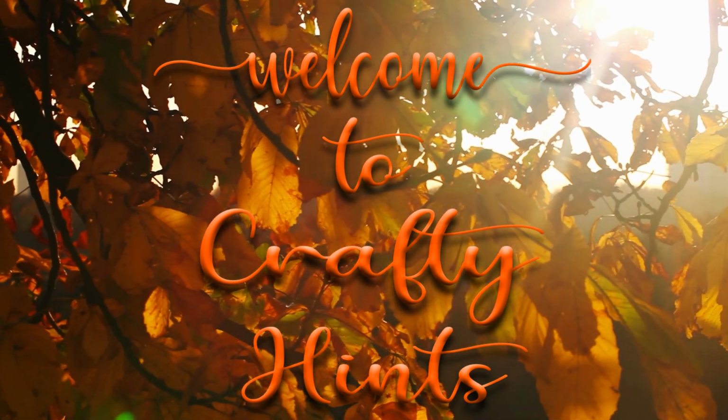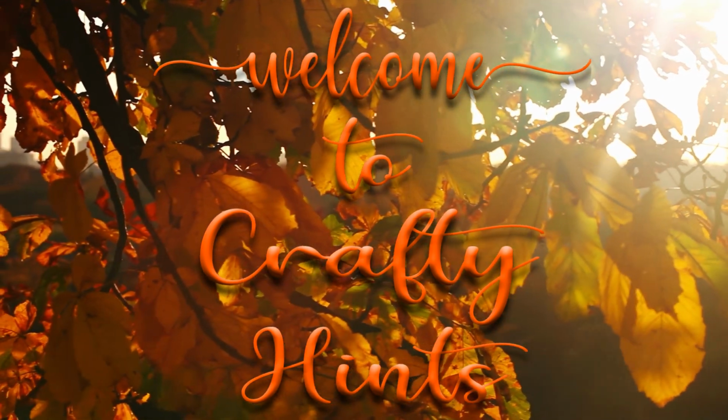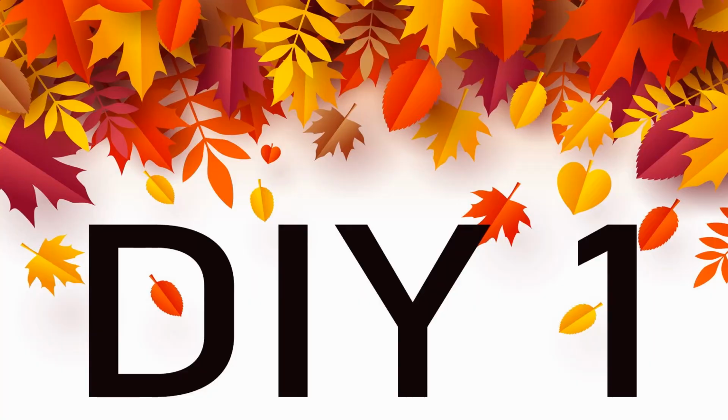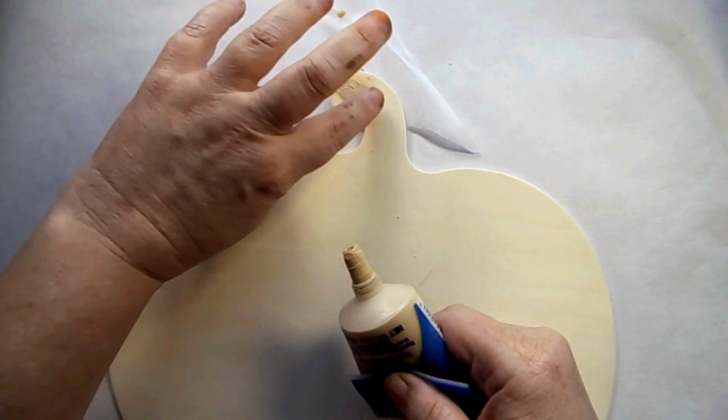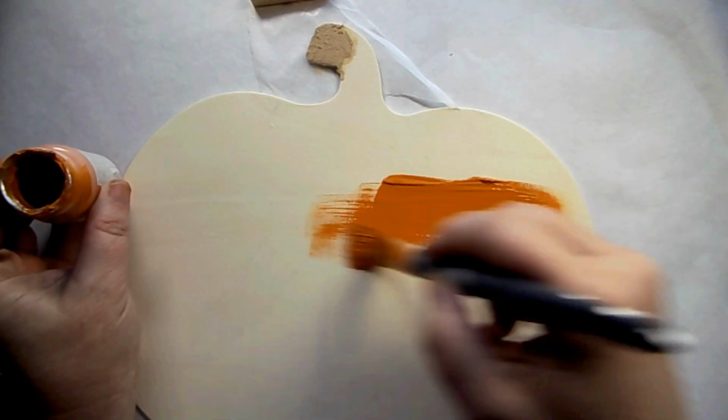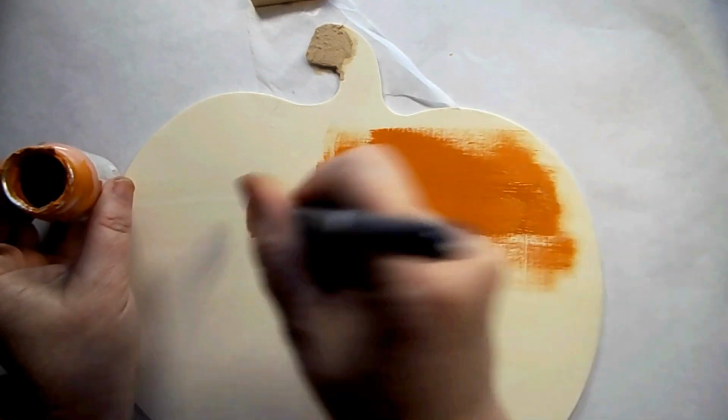Today I have some leaf themed DIYs for you. I think it's a fun fall season and I'd love to get to DIY one. I started out with this pumpkin from the Dollar Tree and I'm just filling that hole at the top with